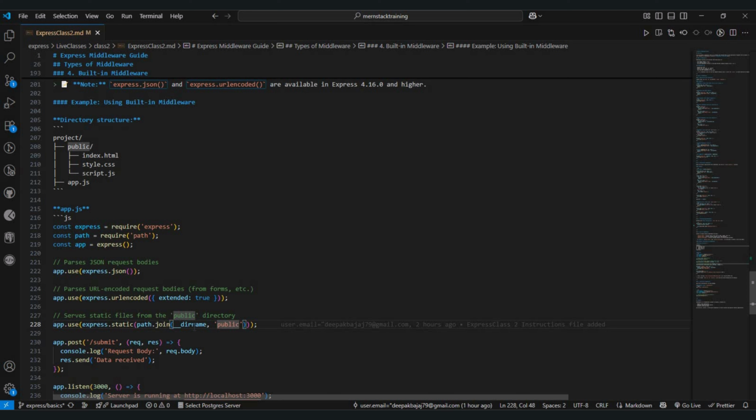Join means it's joining, let's say your public name is class 2, it will join, and after that you will get this path. Okay, and we are saying that under our project we have a public directory. You need to use that as static, meaning from this path you will take the files and refer to those in our code. Okay,